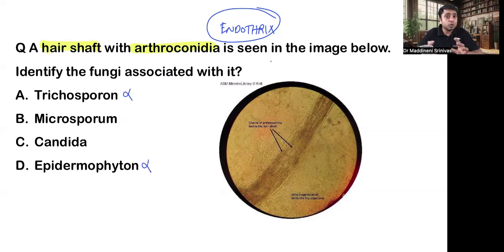Epidermophyton, I hope you all know that it is not going to infect the hairs. Okay, so we are left with Candida and Microsporum. Candida is not going to cause a hair shaft infection. So we are left with Microsporum, which is option B. Microsporum, I know, causes the ectothrix variety of tinea capitis, but here you are able to see the spores inside the hair shaft. But other options are absolutely false. So we are left with one better choice, which is Microsporum. But if this was Trichophyton instead of Trichosporon, then option A would have been the correct answer without any